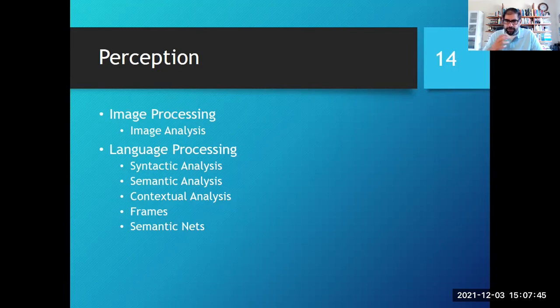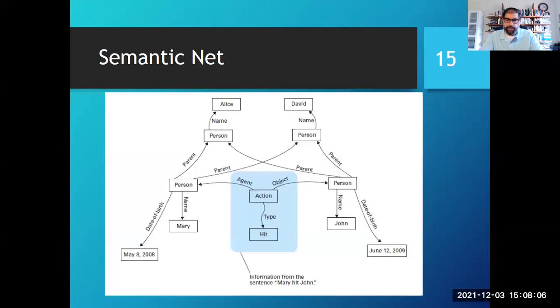Sometimes they are called heuristics. These are the techniques that are built into AI in order to help the computer program understand what is written in that text. And then there is another technique called semantic nets. It's more sophisticated than frames, because in this, the computer tries to draw a graph in which the objects that it has discovered in the text, it tries to connect them together